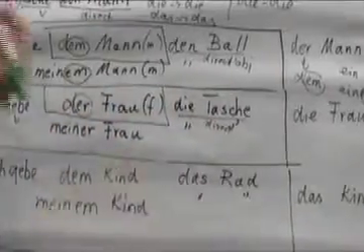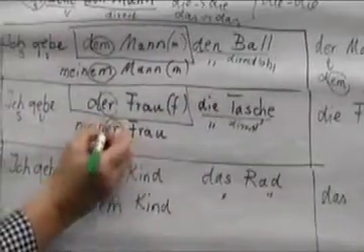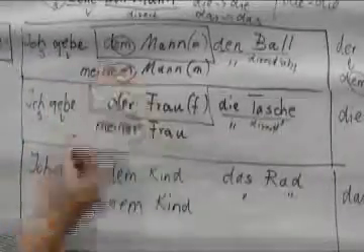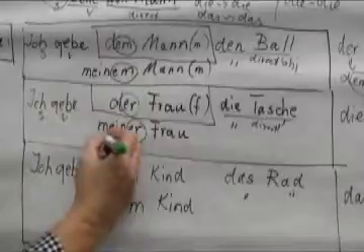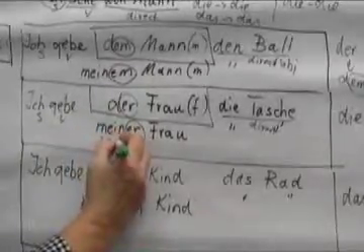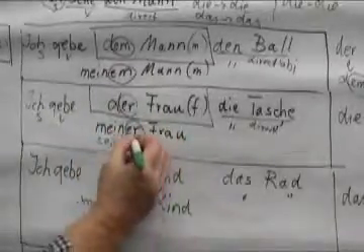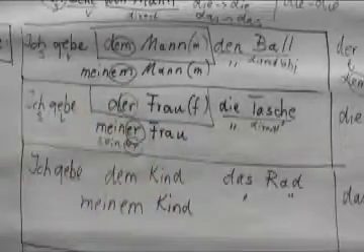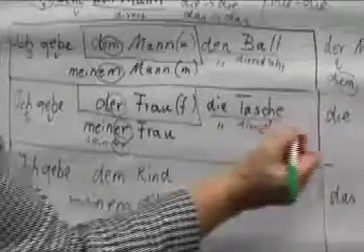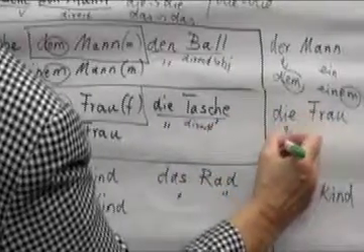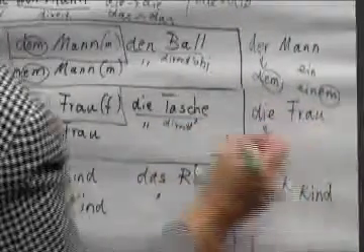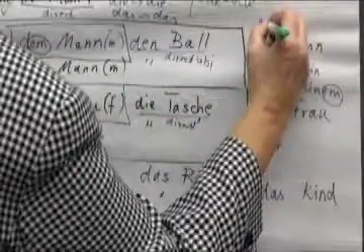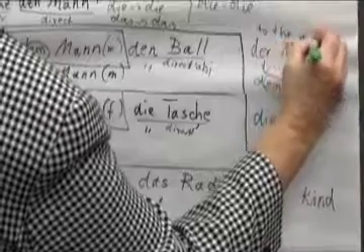And if we have a possessive adjective, like to my wife, then the possessive adjective adds an er. It can be any possessive adjective. You could say he gives to his wife, then it would be seiner, as long as you add the ending er. Alright, so the die word changes to der,